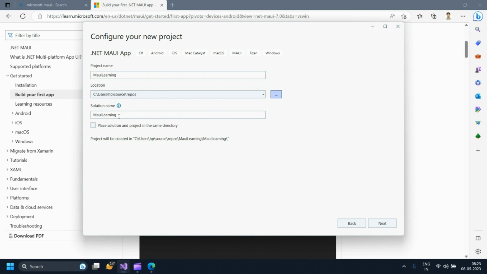So my learning, and then after that, we need to select place solution and project in the same directory. What it will do is that it will contain my learning as both the project name and solution name. You are already aware of the project name and solution name, but I will give a brief idea about that. The project name is the name of the project which will contain all the files. It will be the main folder. The solution name is